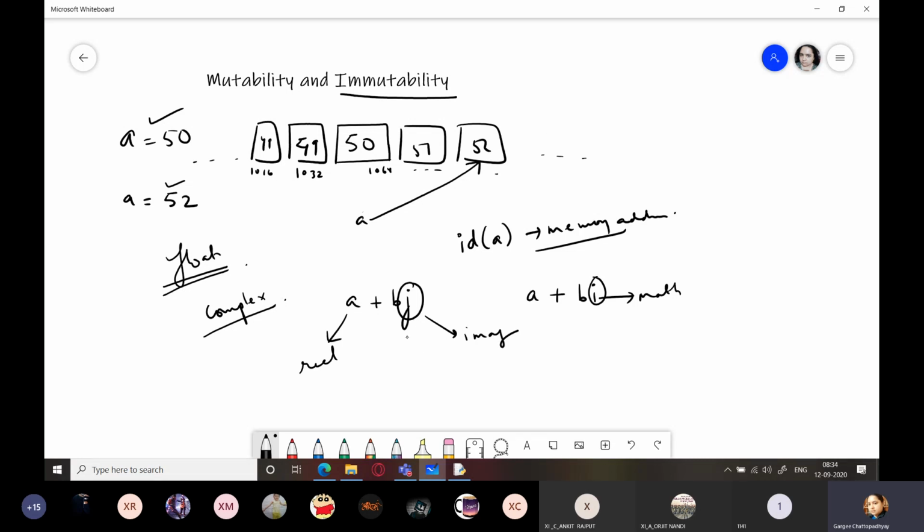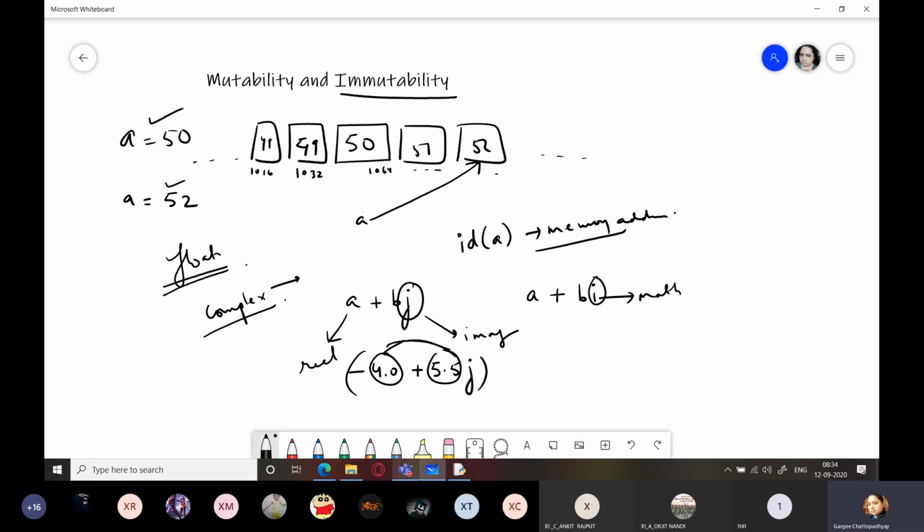So you can store any complex number of this form. Over here, what you can see is the complex number is formed out of floating point values. Hence, these values are immutable, and so the complex number also becomes an immutable data type.